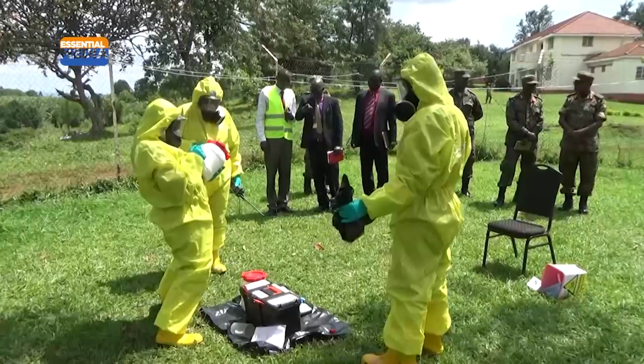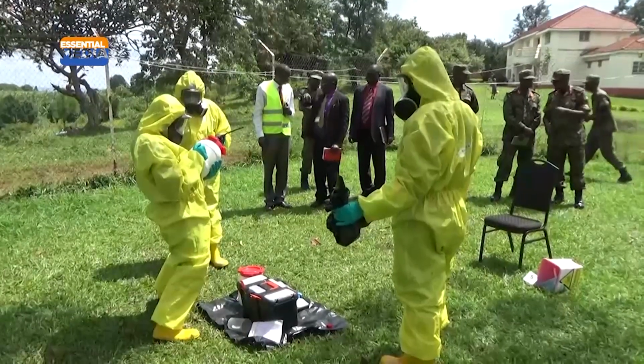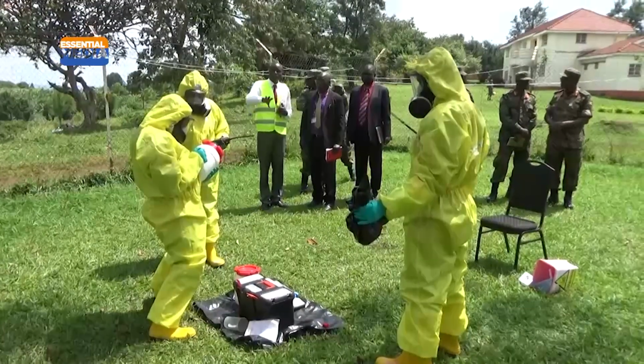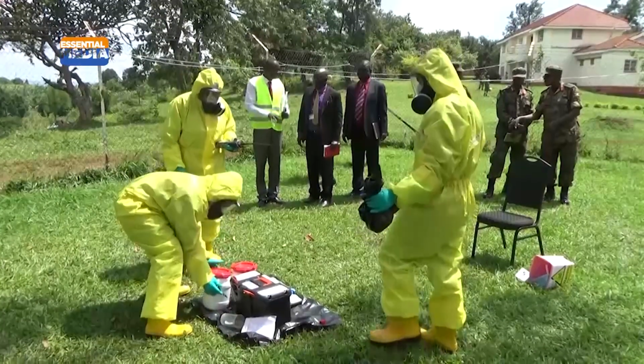Make sure that they don't hold anything. So the sample has to be safe. Yes, the sample is already inside the container, so it is contaminated. You're right, because the sample is already inside the container. What we do is ensure that if there is any chemical agent that is outside the container,